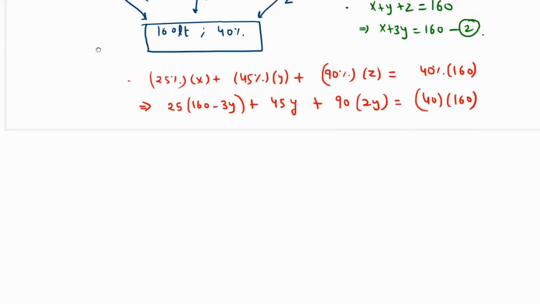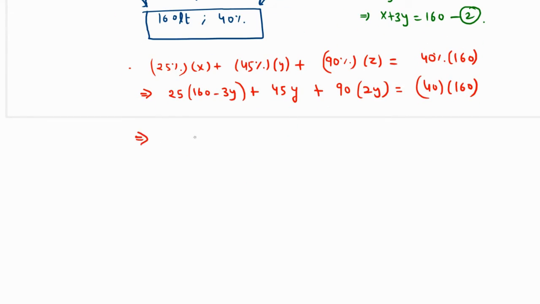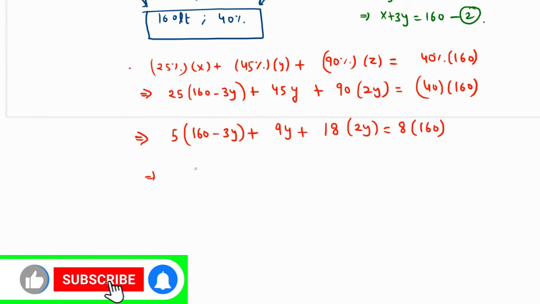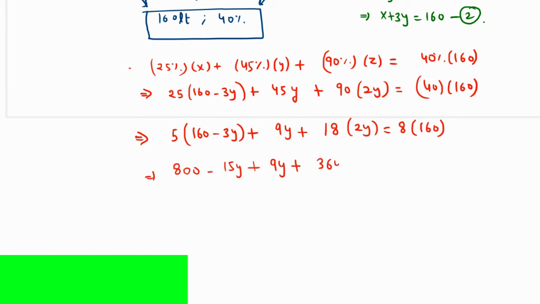If that is the case, then we divide both sides by 5. We have 5 times 5 is 25, this is 160 minus 3y, 5 times 9 is 45, and 5 times 1 is 5. 5 times 8 is 40, and this is 2y, and this is equal to 5 times 8 is 40, and this is 160. So this becomes 160 times 5, which is 800, minus 15y plus 9y plus 36y, that is equal to 160 times 8, which